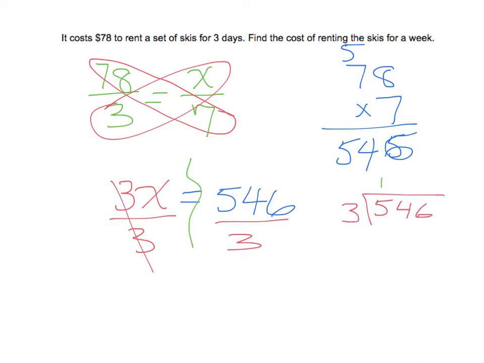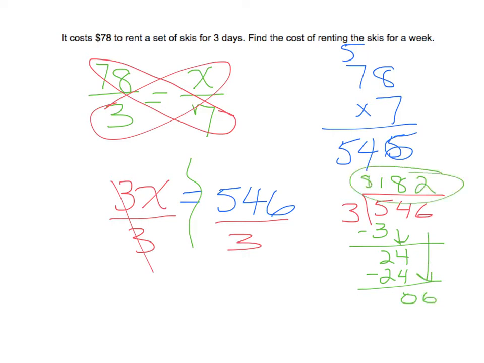3 goes into 5 once. Subtract, we get a 2. Bring down your 4. 3 goes into 4 8 times. So that's 24. Subtract, you get a 0. Bring down your 6. 3 goes into 6 twice. That also gives you 182. So you have options as to how you want to do it. You can either find the unit rate and then apply it to what they're asking, or you can set up